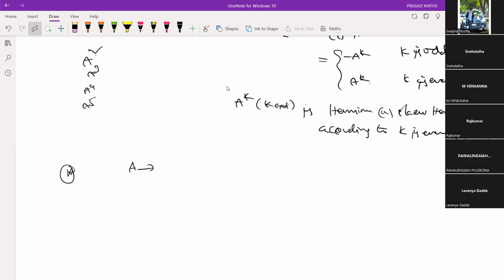Yes, sir. A is Hermitian. A square plus iA, 1/2 into A, 2 into A plus 100 into A cube. Right? Now tell me, see,